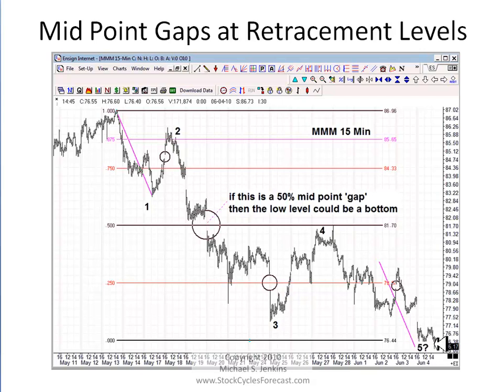So I'd be looking very carefully now for a signal reversal bar that regained the previous little lows in here. And if we got this thing toward